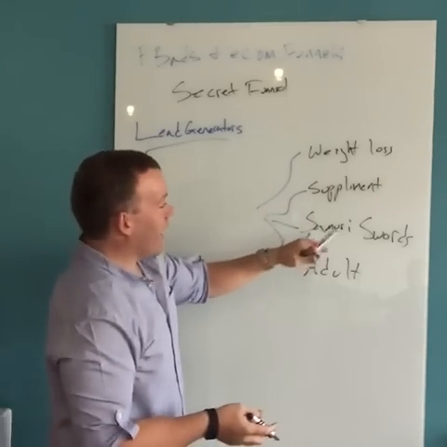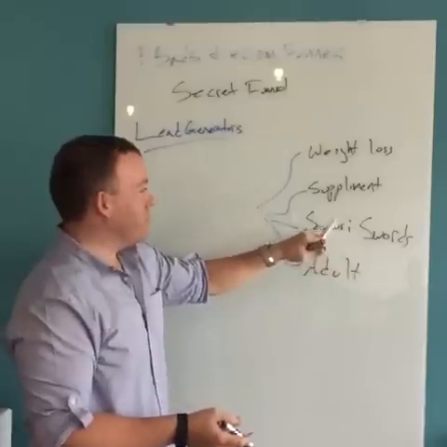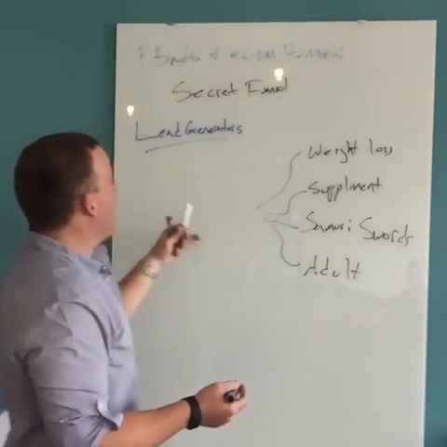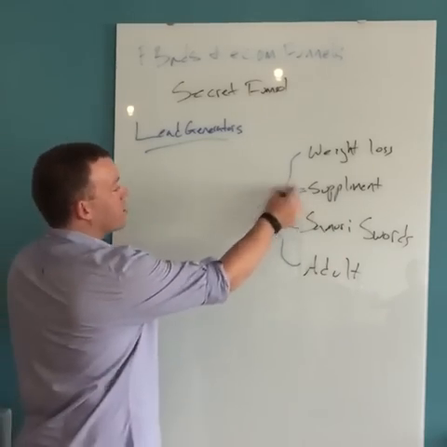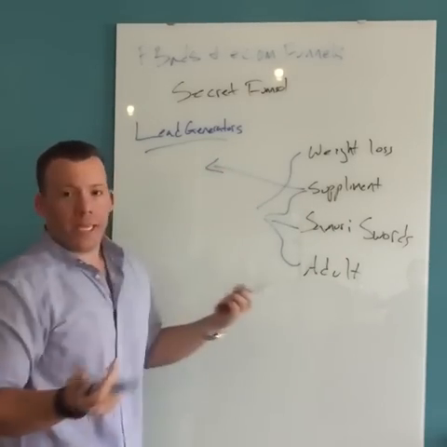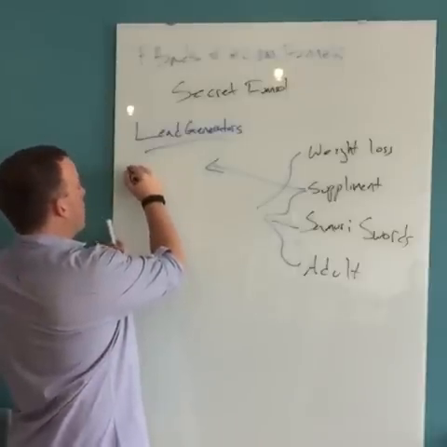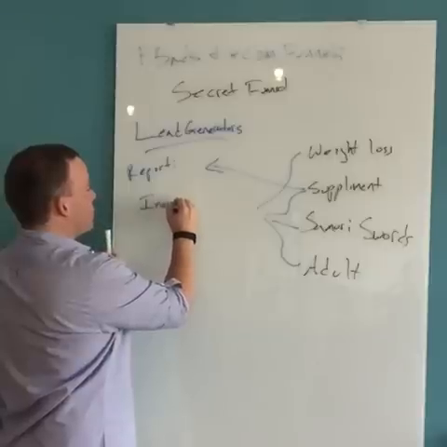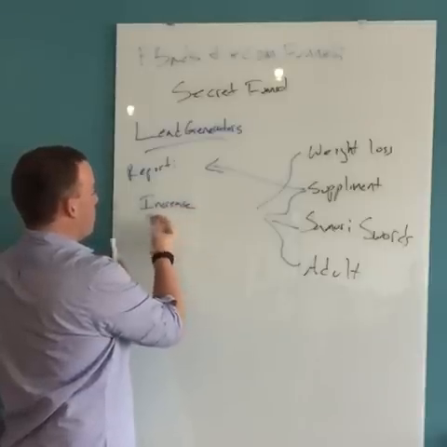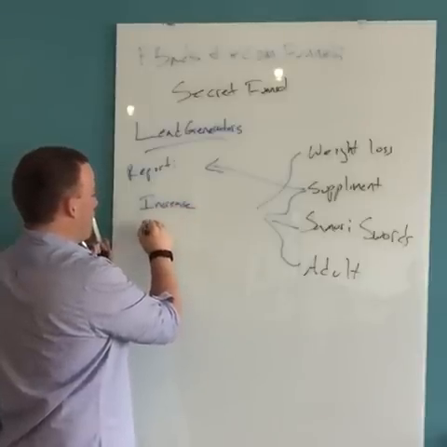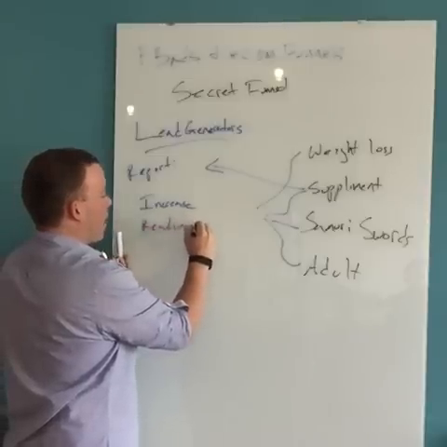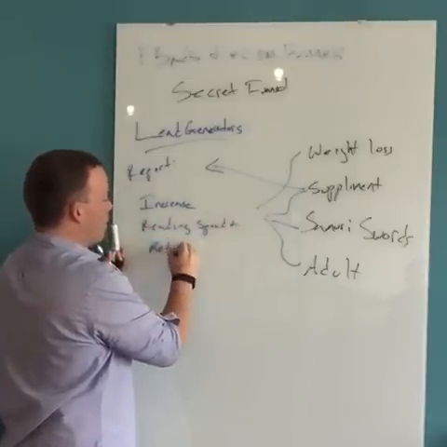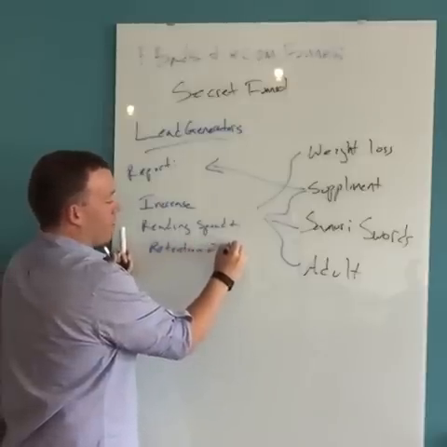You just can't say, hey, here's my samurai sword, buy this. And you can't say, hey, here's my pill that's gonna make you smarter, buy this. But what you can do is create lead generators. Let's say for the supplement one, if it was something to make you smarter, it could be a free report, like, I don't know, how to increase your reading speed and retention overnight, right? Something like that.